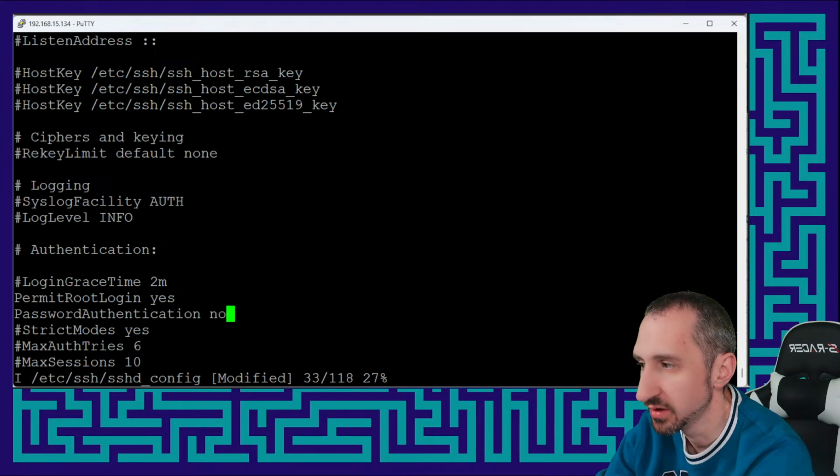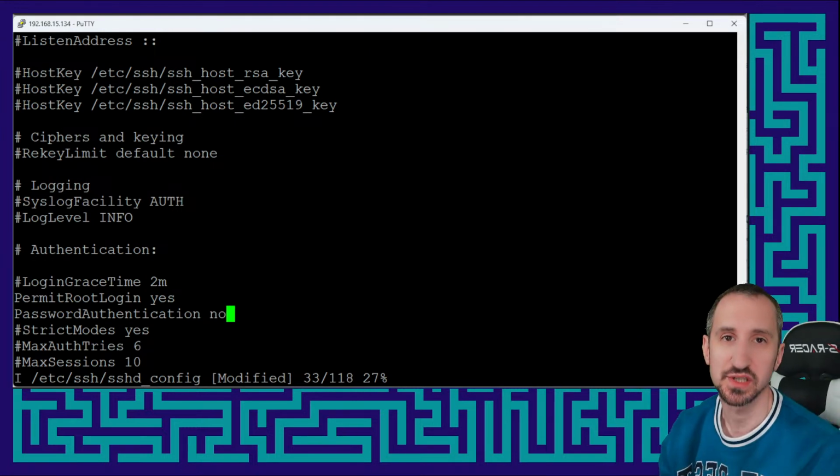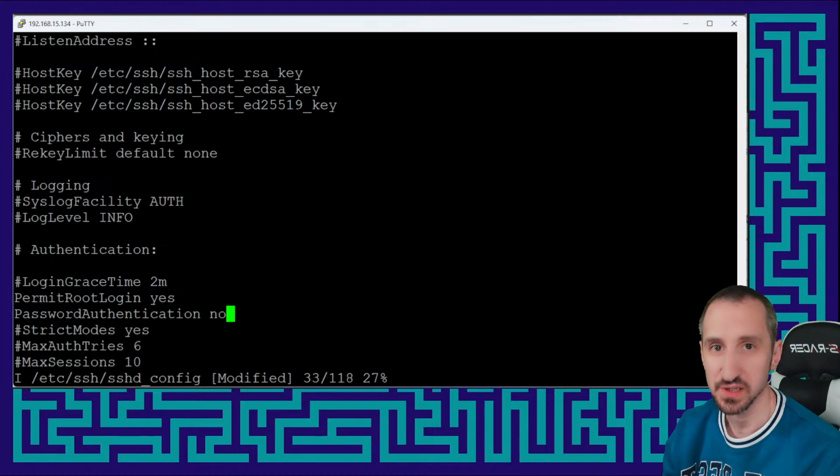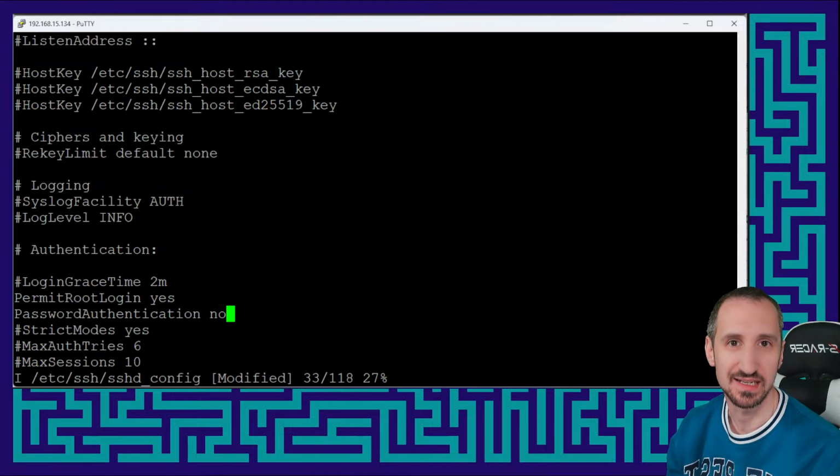Right, and then we'll do no. And what that means is that you can only use a key file, so an SSH key file, the same type of thing that we generated in the user video. That would be the only way to log in. And especially if it's going to be on the public internet, you want to make sure that this is definitely set to no, and that also permit root login is also disabled, because that's one of the most common attack